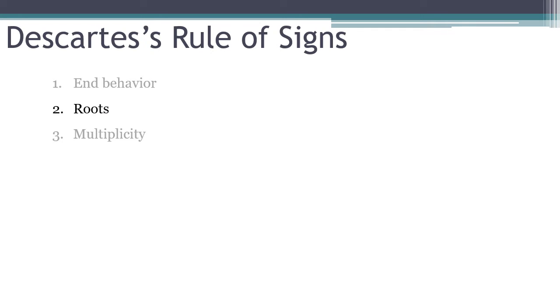Okay, one more tool. We've got one more tool that we're going to add to our toolbox for finding the roots of a polynomial, and it's got a name. It's called Descartes' rule of signs, named after Rene Descartes, who I'm sure, hopefully, you've all heard of. The whole Cartesian coordinate system, the whole idea of doing geometry on a grid was Descartes' idea, and his rule